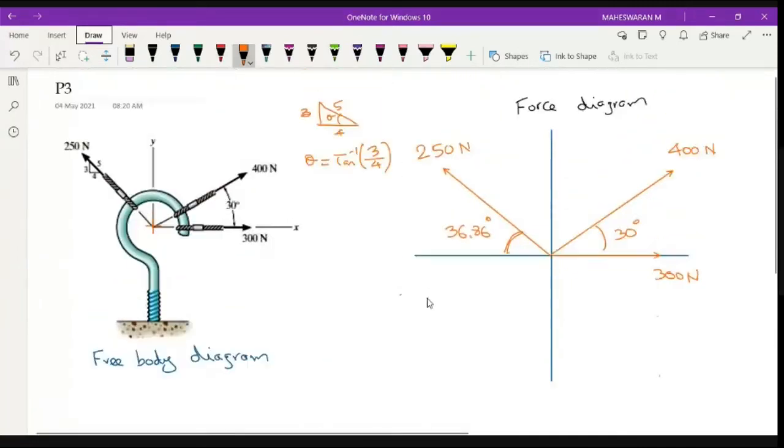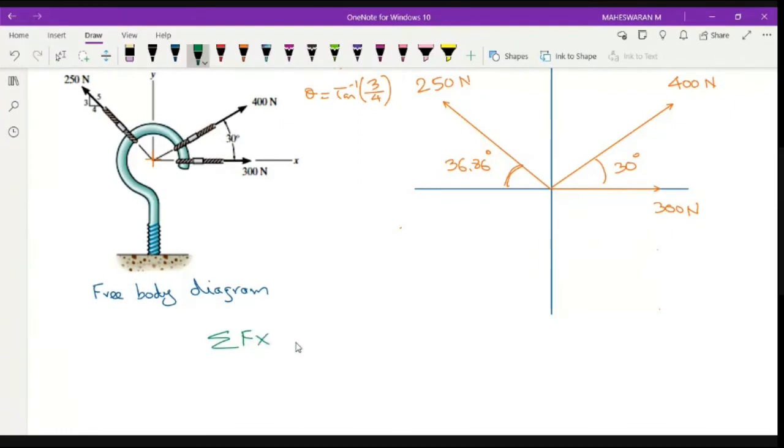Once you complete this, then we will proceed with the tabulation. Okay? Either you can go for tabulation or you can solve without tabulation also. It is up to you. All right? Sigma Fx equal to what? I'll go one by one. I'll take it to your x-axis and write it directly as one equation, right? Sigma Fx. So let me identify. You have 300. It is on the positive x-axis. So I will directly write down 300.